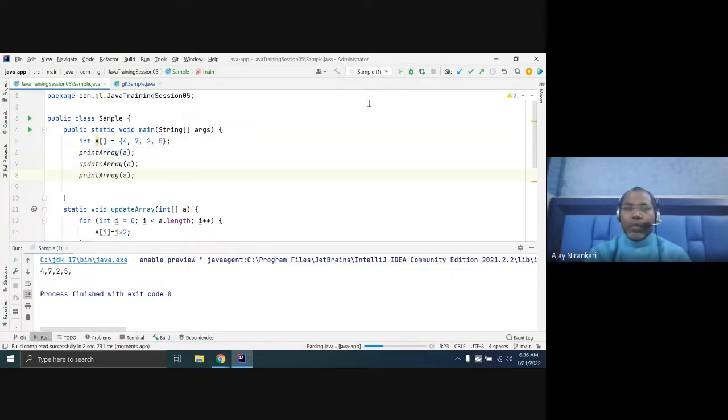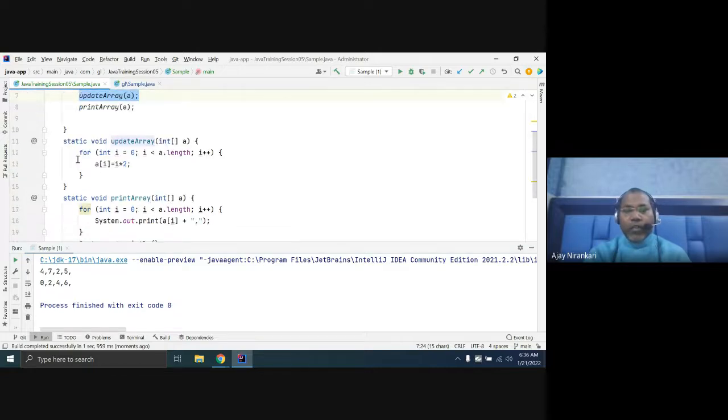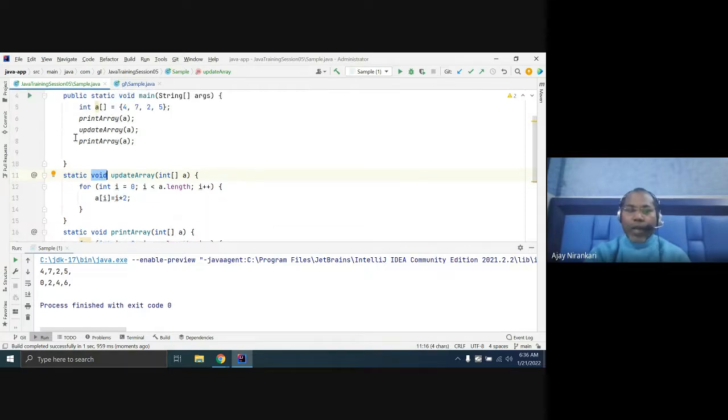Yes. So what is happening here? When your first array is 4, 7, 2, 5, you are printing 4, 7, 2, 5, right? And whenever you update the array, you are changing something here, but your method does not return anything. After that, when you print again, you get the changed value. But this update method does not return anything. So let us look at how an array works. Why don't we return the updated new array here? Still our A can be changed.